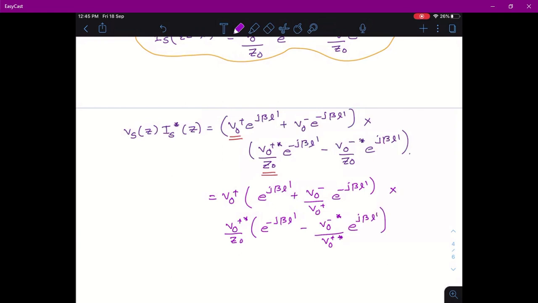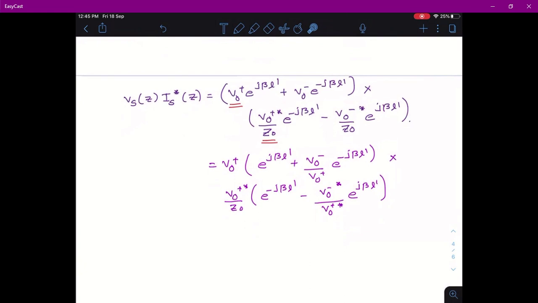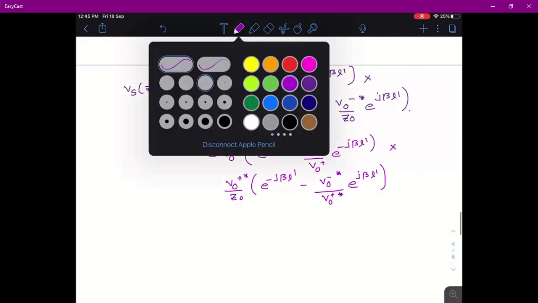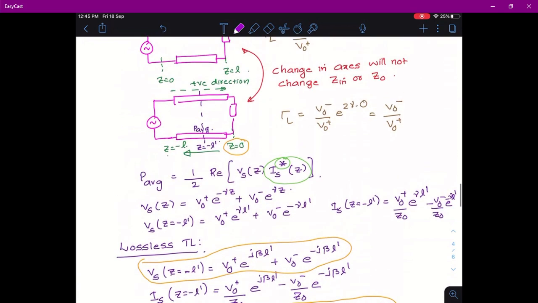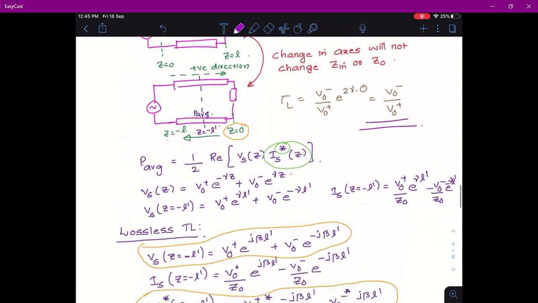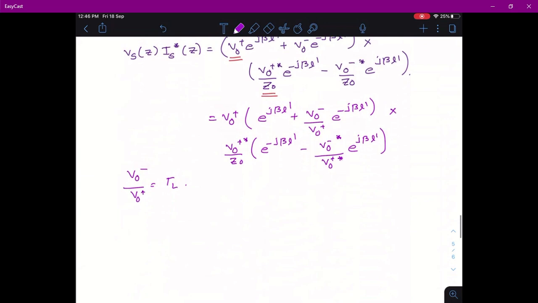When you take V0 plus by V0 plus conjugate by Z0 outside from here, Z0 will get cancelled. So, we will get the ratio of V0 minus conjugate and V0 plus conjugate. But we have seen that V0 minus by V0 plus is equal to tau L, that is from this equation. Okay. So, I can substitute that and say Vs of Z